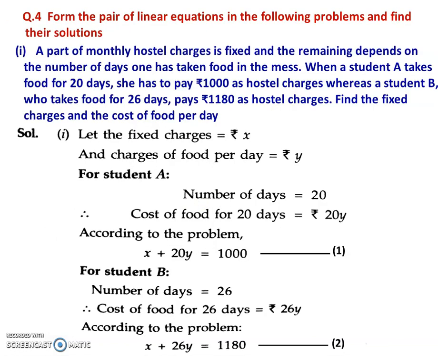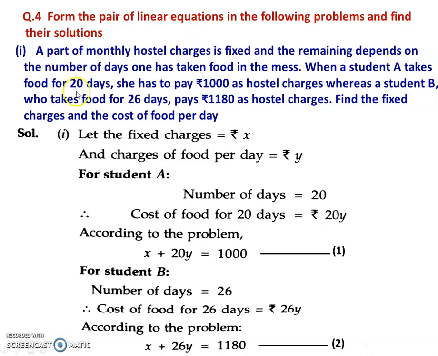Okay, so we'll now begin with application based problems. Generally in application based problems, the method is not specified. You can use any method for solving. That is, after forming the equations, you can go for either the substitution method or the elimination method. But since here we are discussing the cross multiplication method, I will be discussing with that only.